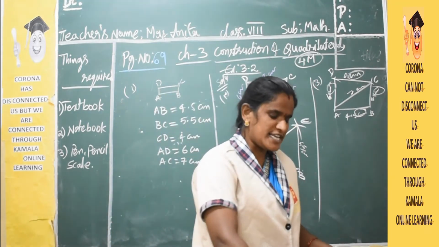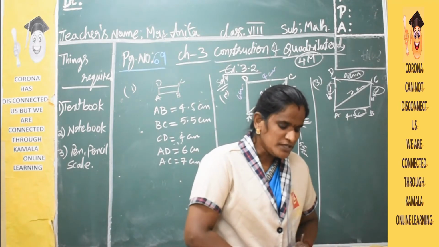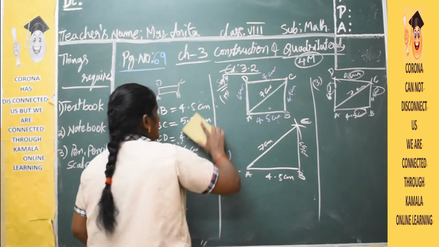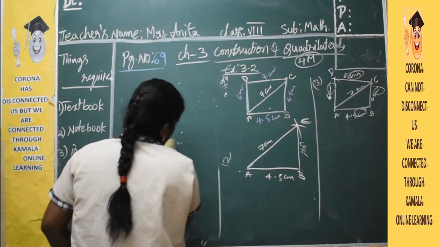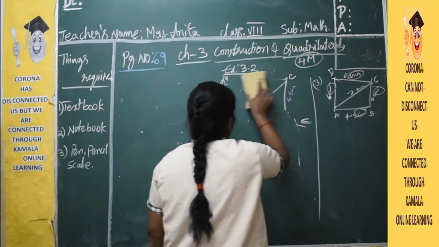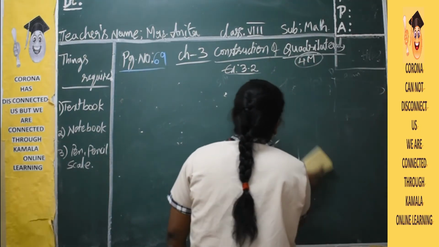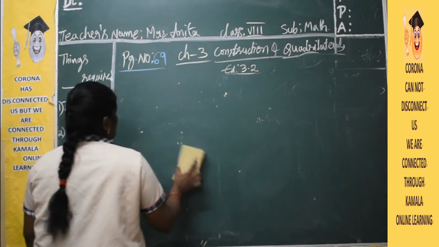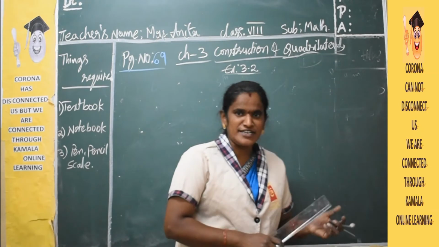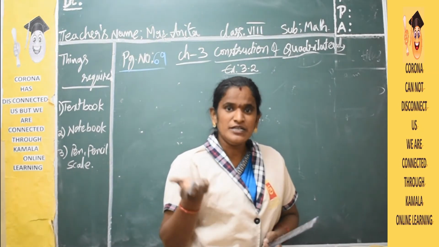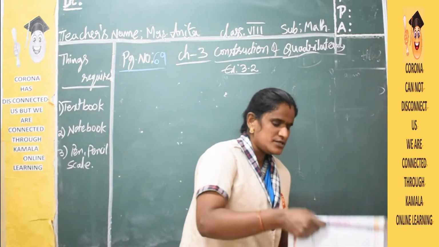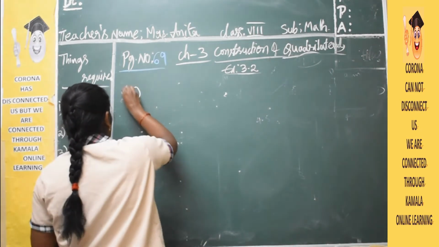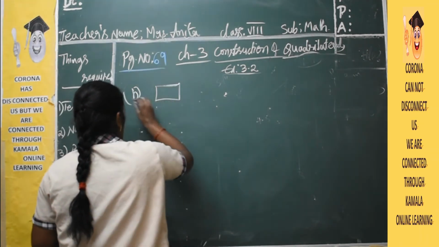Next, in this exercise, next problem, children, they are given quadrilateral PQRS. Second problem, look in your textbook, everyone. It is very easy and simple also, children. You have to observe carefully. 4 sides and 1 diagonal are given. That means first you have to use 3 sides, draw the triangle shape, and then afterwards you will get the fourth point. So what are they asking? PQRS quadrilateral.